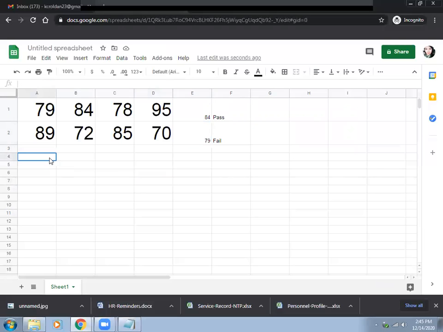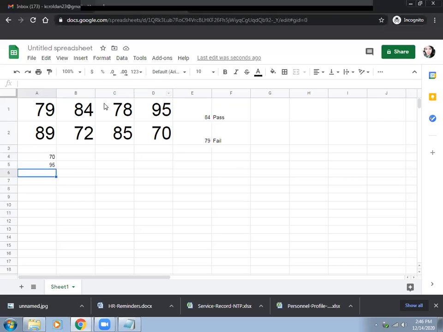Okay. Now, let's use the min and the max functions of Google Sheets. When we say min, it displays the smallest number in the series. So equals min, parentheses, then select the numbers, parentheses, then enter. So min means that the smallest number in the series is 70. Okay, equals, let's now use the max. Max is the maximum number, or the biggest number, which is 95. So that's correct. 70 is the smallest, 95 is the largest.